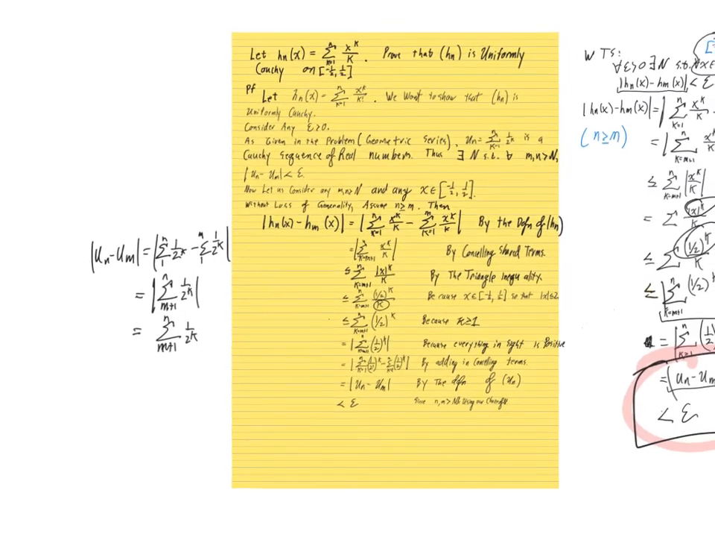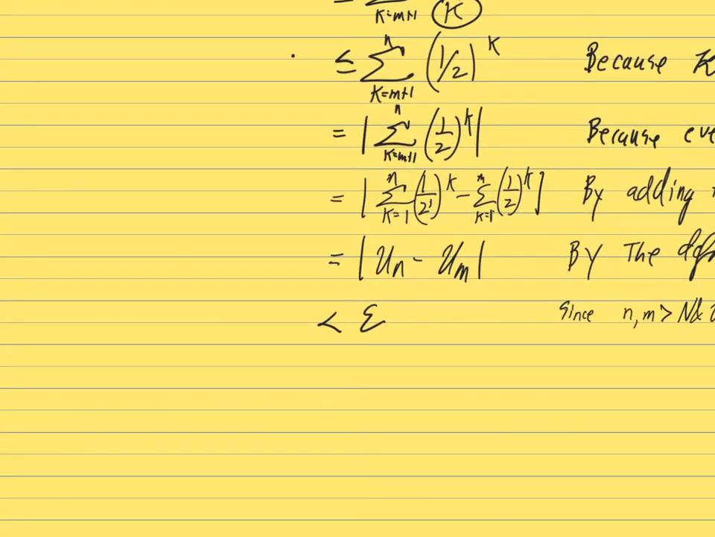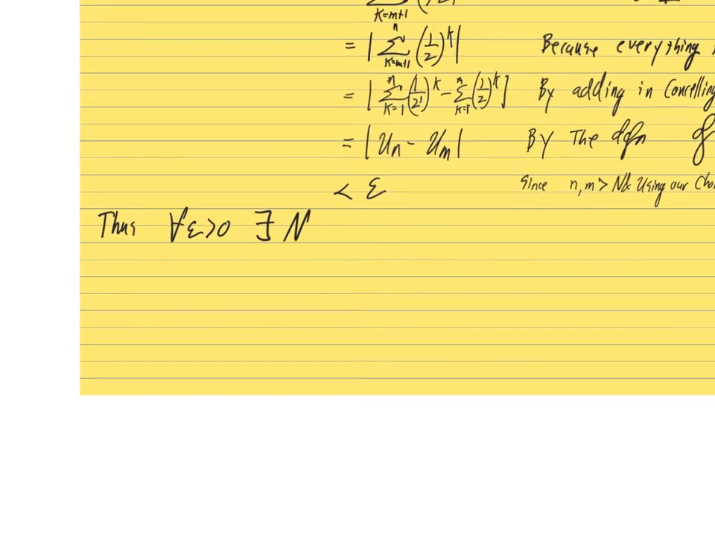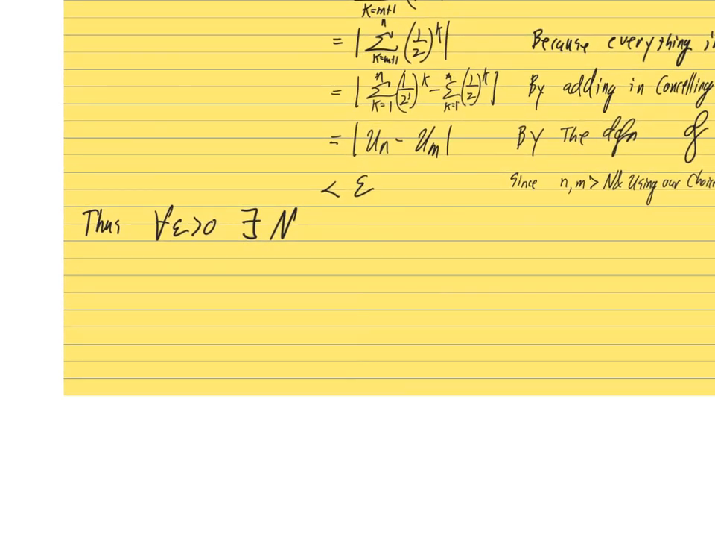Now, closing statement. Thus, for all epsilon greater than 0, there exists a choice of big N. Notice I didn't ever explicitly give the choice of big N. I could have. Everything came from a formula. But I didn't need to. I just used the fact that there's something else that I know is Cauchy to, if you like, compare it to. Such that for all